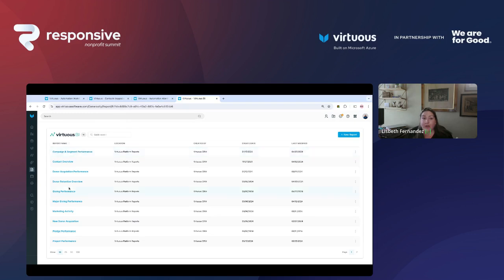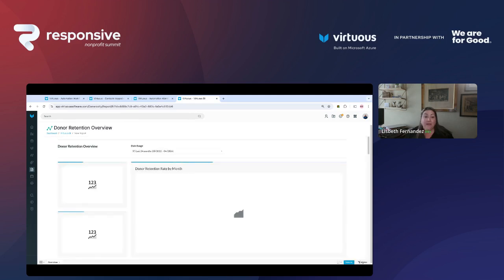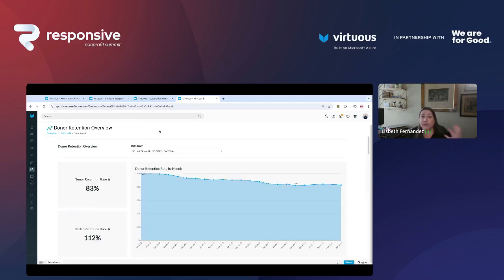An example of that one is a donor retention overview. So we're talking about donor retention. If you're setting up all those workflows, this information will be available as soon as you have that BI. As soon as I go into my donor retention overview, I already know what my donor retention rate is. I don't have to pull a query, analyze things in Excel, or figure out what that is. That information will already be here for you. So there's a lot more data that you probably even know you wanted in all these